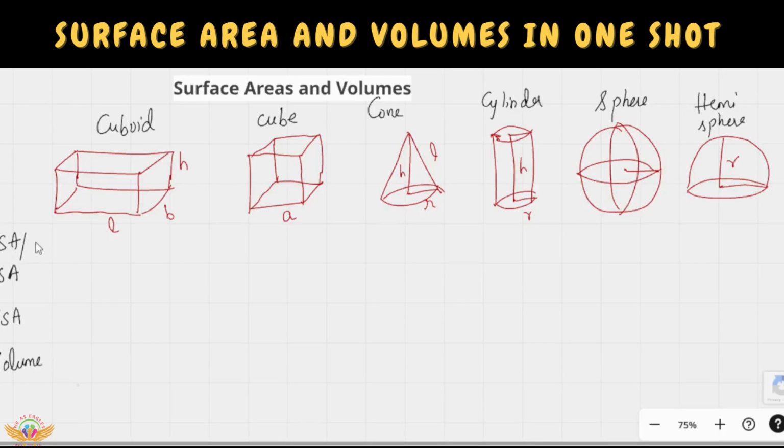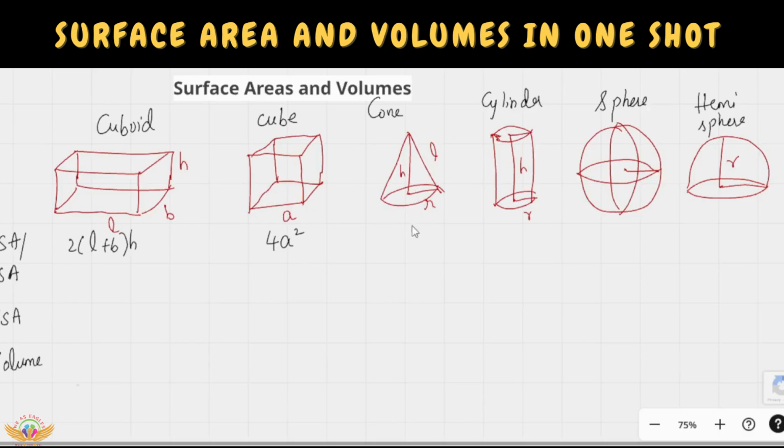Done. So what is a curved surface area or the lateral surface area? We know that for a rectangle, 2 into L plus B will be the perimeter. So here in the 3D shape, the extra dimension is the height. So it's 2 into L plus B into H. Coming to the cube, it is 4 sides, the curved surface area: front, back, and the two sides. It is called 4a square.